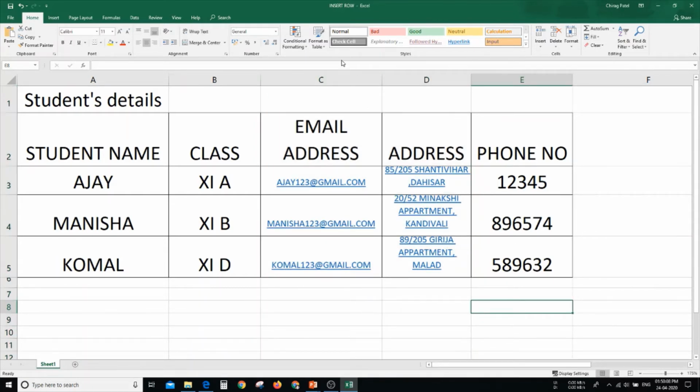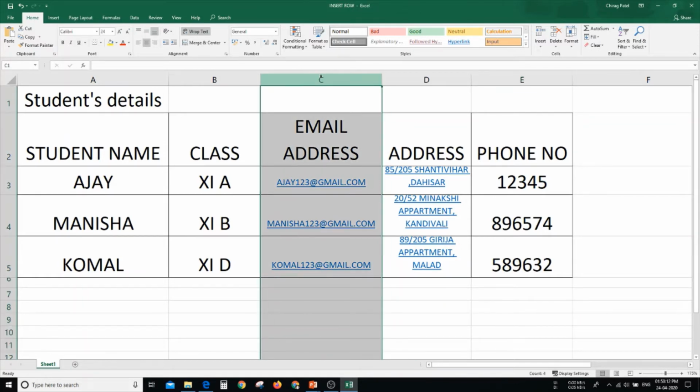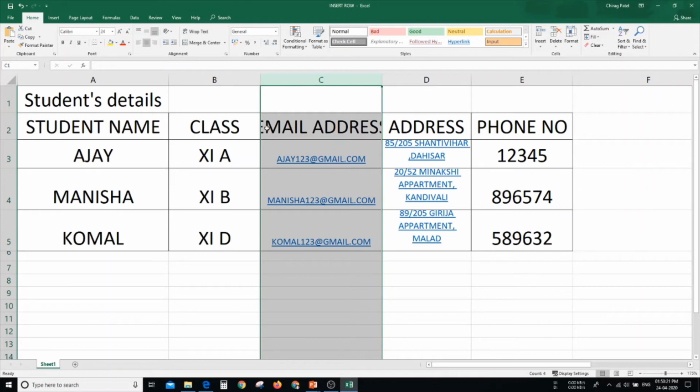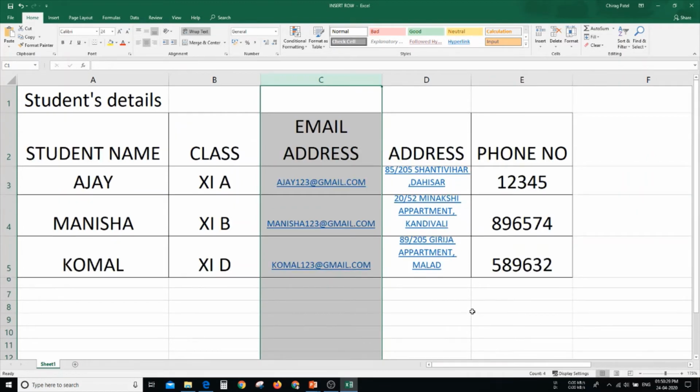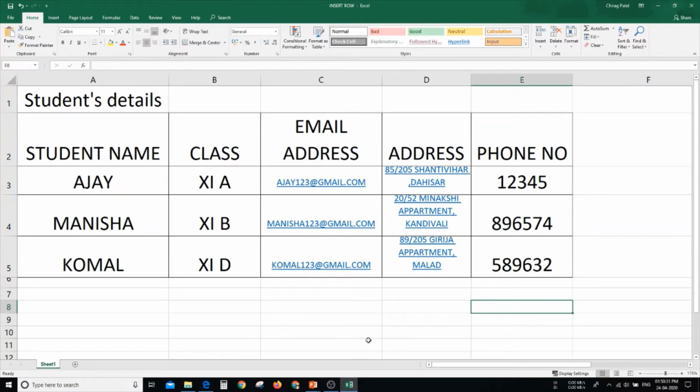Now suppose I don't want wrap text in this column number C. So I'll select the column number C. Again I'll use the same option from the home tab, wrap text. Now you can see again the email address adjusts in the cell, but you cannot see it properly. So better you use the wrap text. So this is a way to use wrap text or unwrap the text, you have to use the same option.